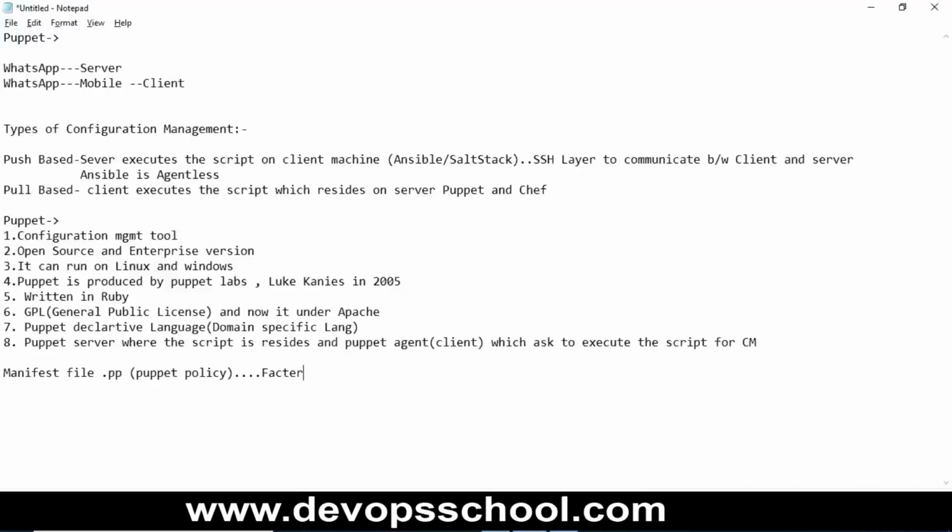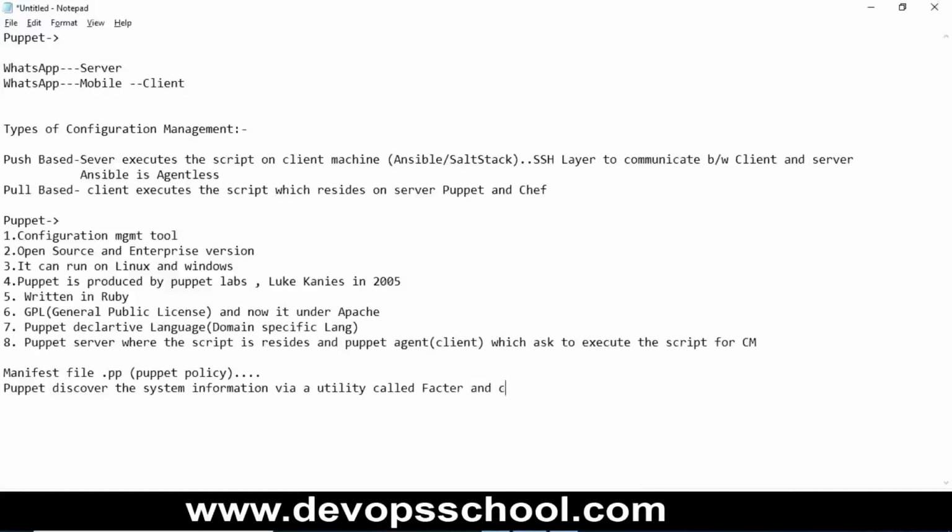So that information is discovered by the Puppet server. Okay, so basically what I'm saying here, Puppet server I'm talking about. Puppet discovers the system information via a utility which is called factor,